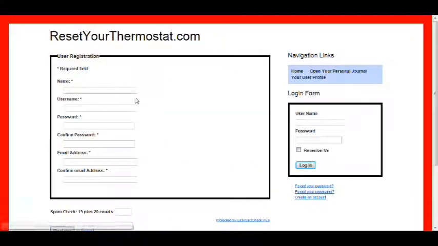And what should pop up on the left-hand side is a user registration form. All the asterisks are required fields. So you type in your name. Please use first and last name here in the name field. Make up a username and then a password. You need to confirm your password. And then an email address, a valid email address where information will be mailed to you, and then confirm the